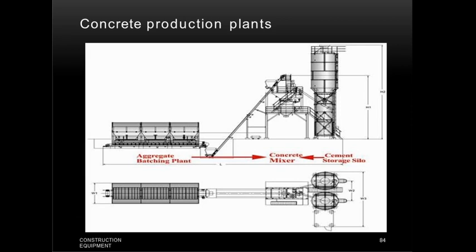The next type is the non-tilting mixer. The non-tilting mixer is useful for mixing concrete with aggregate size up to 80 mm. In the non-tilting mixer, mixing occurs through both the rolling as well as falling from the buckets fitted inside the mixing drum. The non-tilting mixer consists of a drum rotating about a horizontal axis. The drum is supported on rollers and is commonly driven by a pinion meshing with the ring gear on the drum periphery.